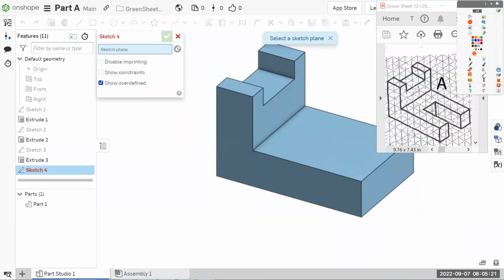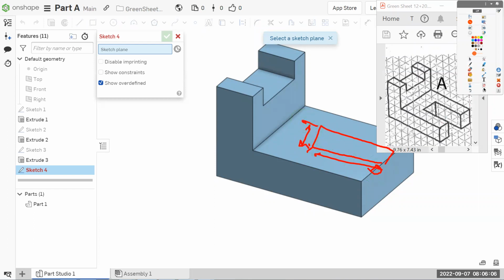The last cutaway is this part right here, which we're going to draw a rectangle on the top. Well, it's not the top, but it's the face that you can see from the top. We could put a sketch right here on the side and cut extrude it that way. It doesn't matter which one, but we are going to do it by making a rectangle on the top, which is going to be right here. And we are going to do, instead of dimensioning the size of the rectangle, which is 4 this way and 2 this way,